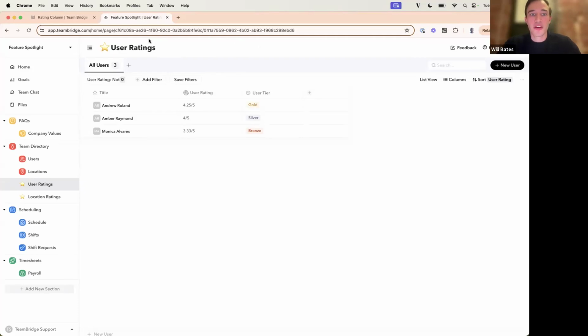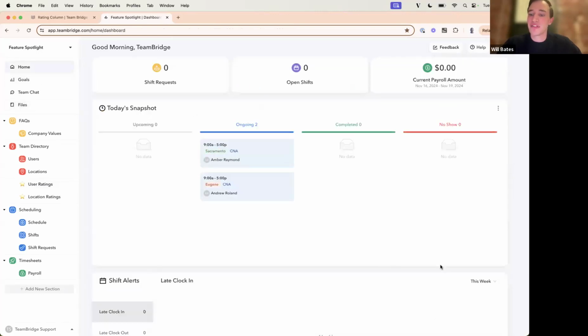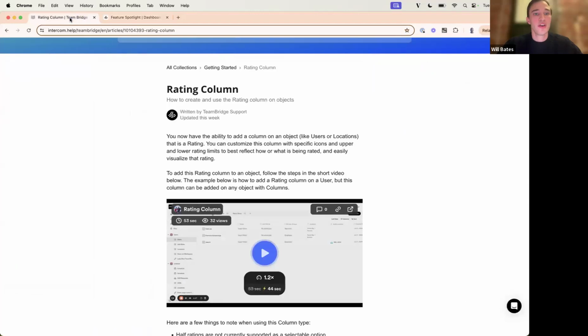Just saw another question come in. Are there more features that Teambridge will be rolling out, like focusing on scheduling in the future? There are. We do releases every Wednesday at this point, and you'll see those appear when you go to your home screen in the bottom left. Usually there's a message from Tito or Arjun, one of our founders, which will